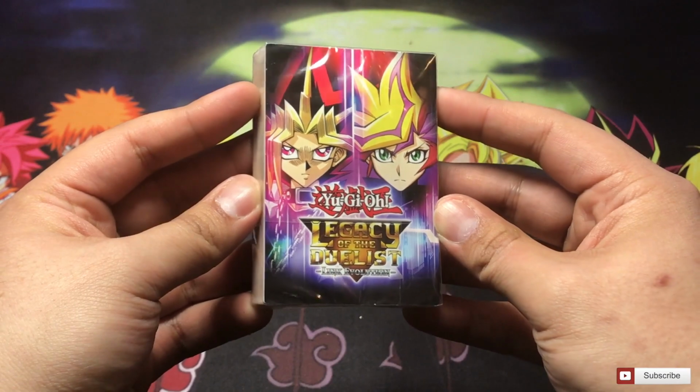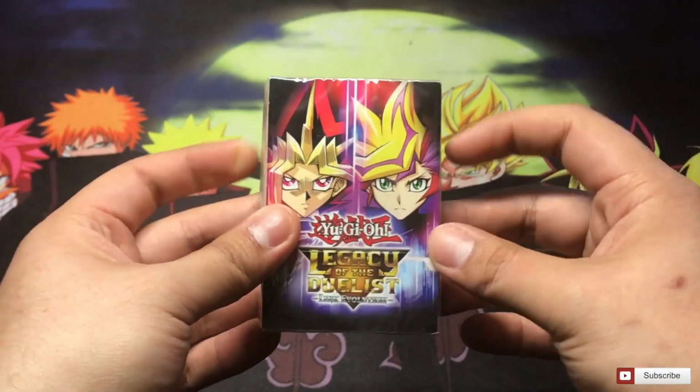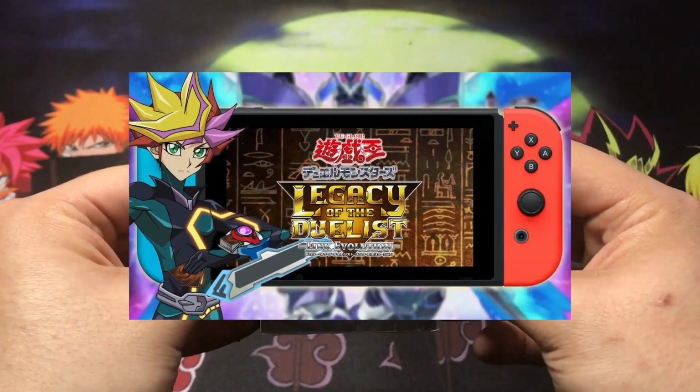Yu-Gi-Oh! Legacy of the Duelist Link Evolution. I'm guessing this is a promotion basically for the new Switch game that they're releasing for Yu-Gi-Oh! But anyway, guys, let's just crack open this bad boy and just see basically the new cards that are in